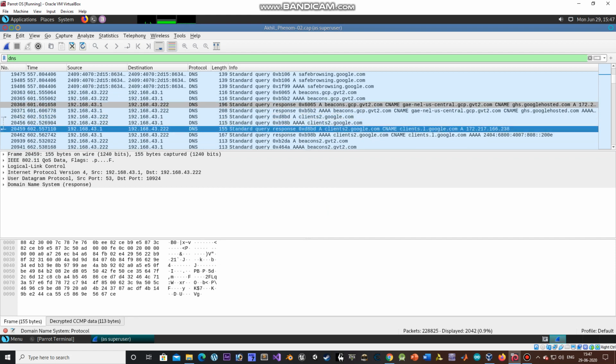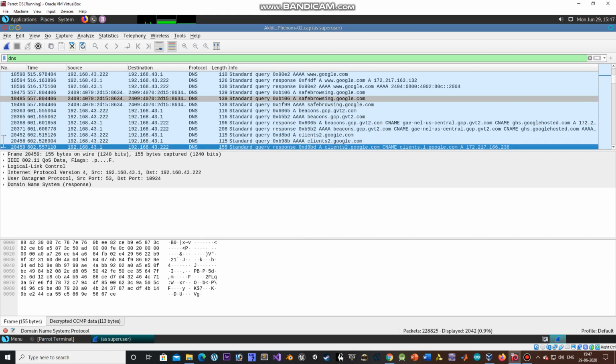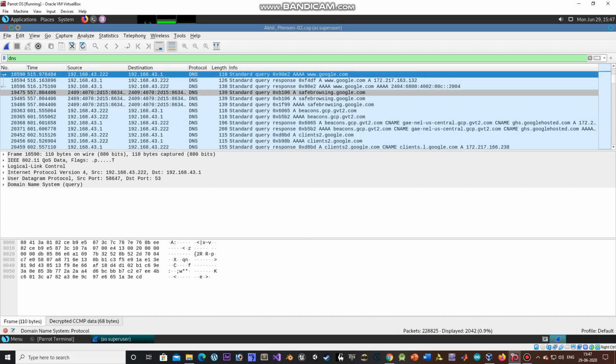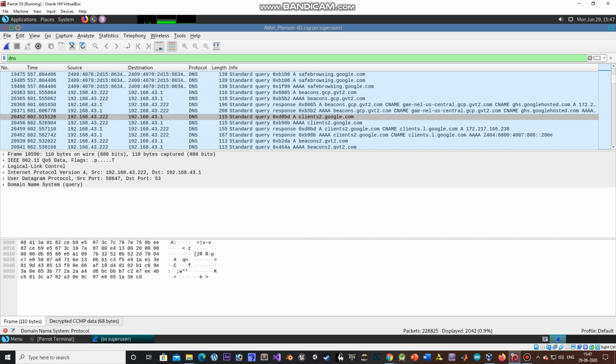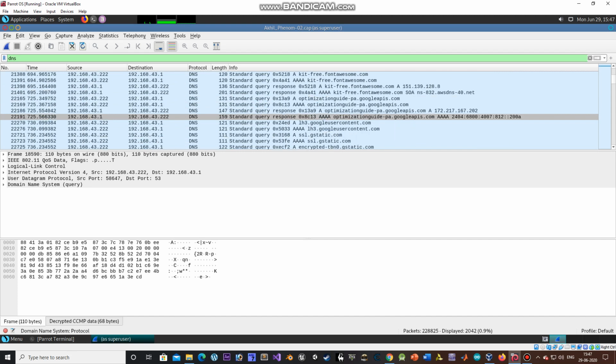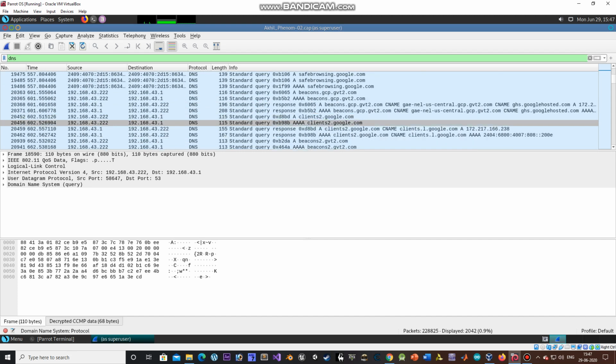Here it is, safebrowsing.google.com, and also here he has opened Google and indosource.com. So you could see the website he has opened, which actually could reveal an interesting fact if anyone copies during online exams.